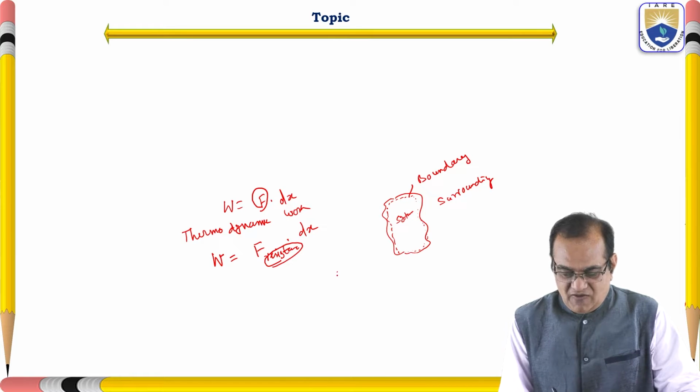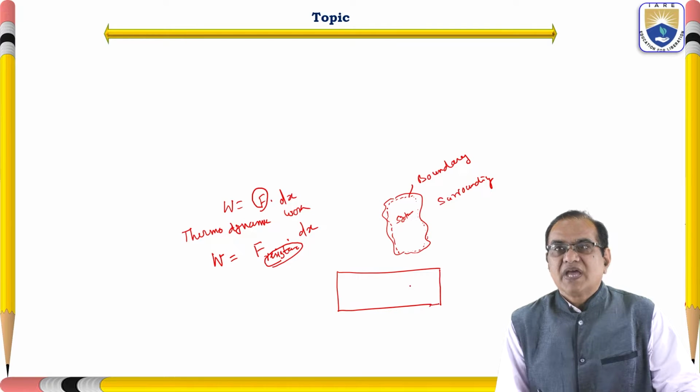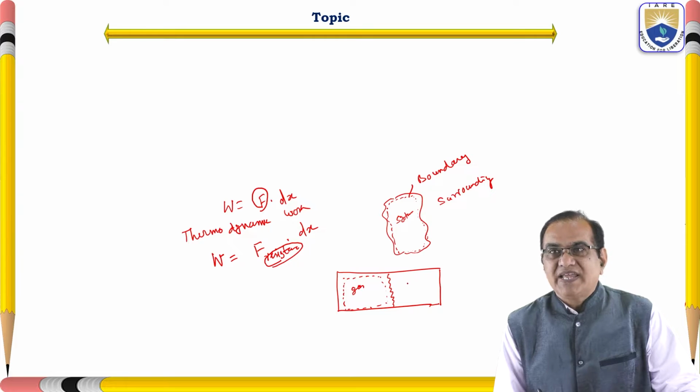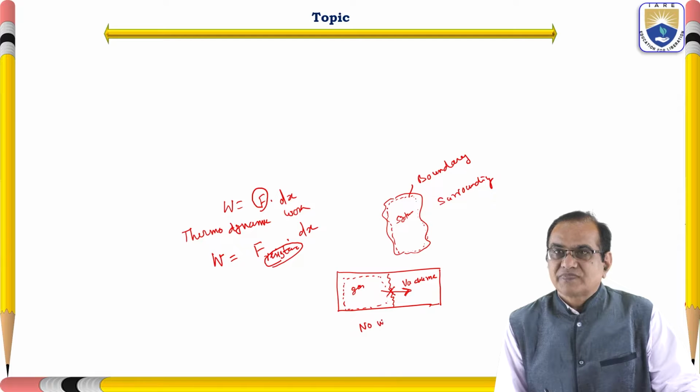I will give an example of free expansion. This is a chamber, and here is a membrane, and here is some system, gas at high pressure, and here we have the vacuum. If you puncture the membrane, the gas will expand, but there is no work. No work in free expansion,